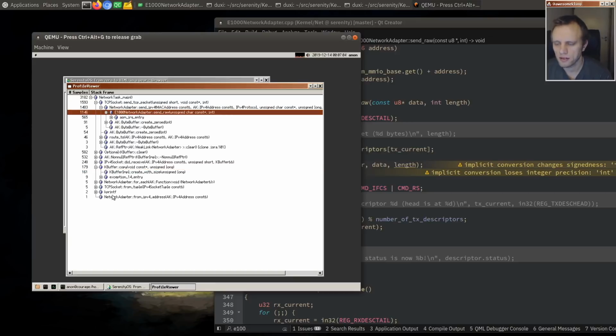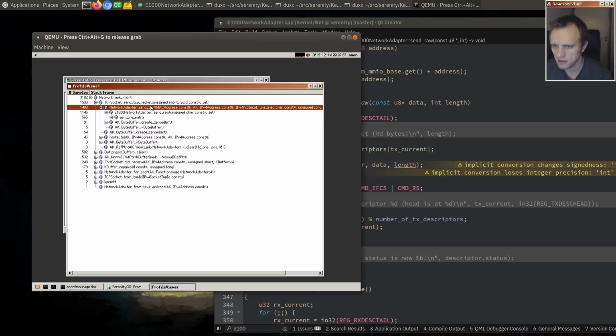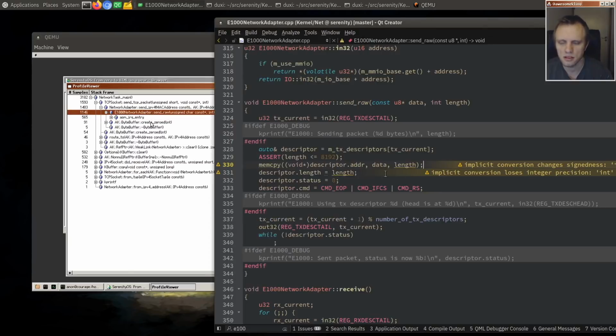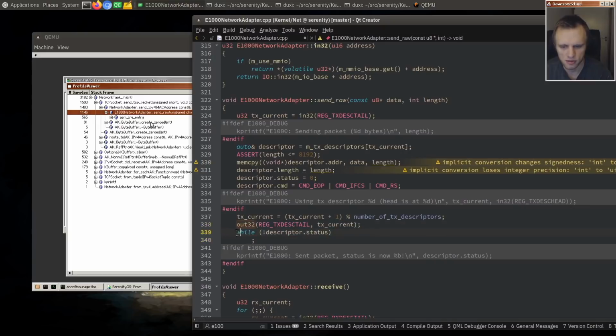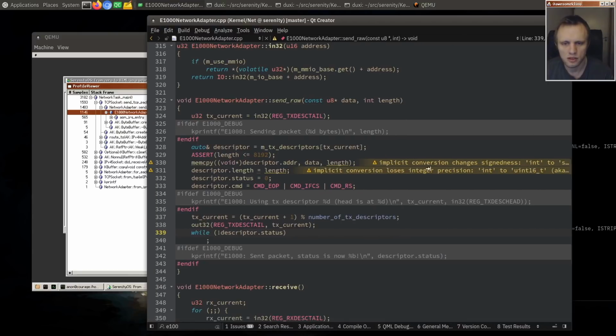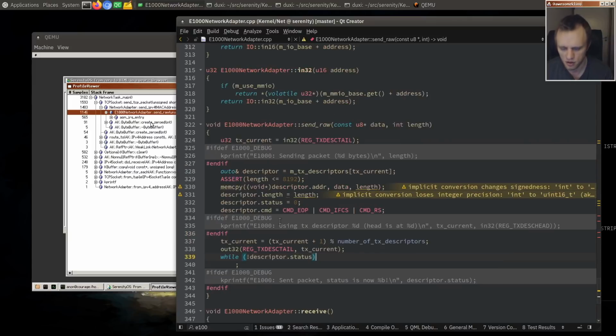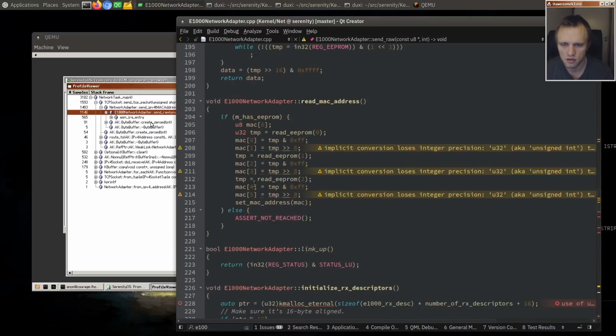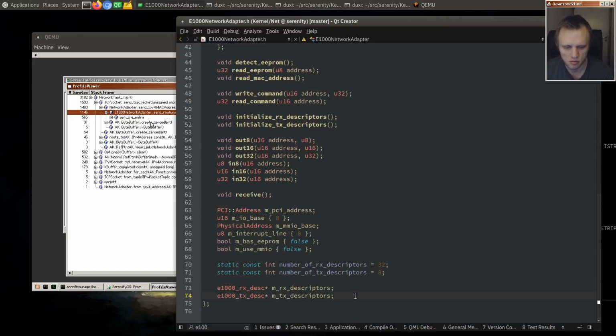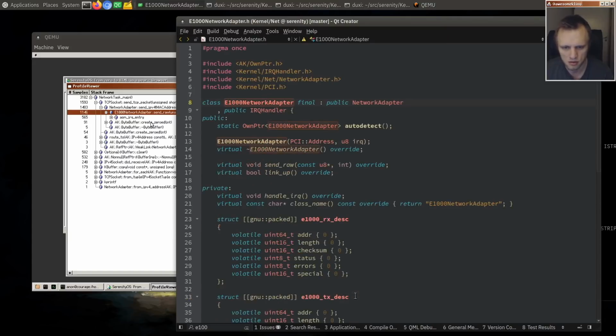Well, anyway, the absolutely heaviest thing seems to be sending the raw packet out, which I bet you is this right here, because we are telling the network card that, hey, there's a new packet waiting for you to transmit, and then we wait like this for the network card to say that it sent the packet. So what we should do here instead is make a wait queue,